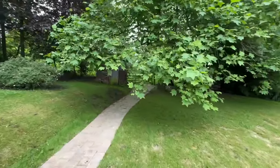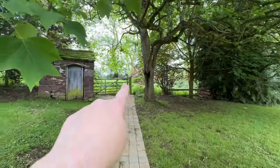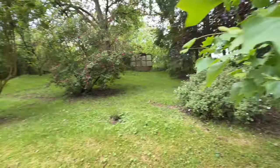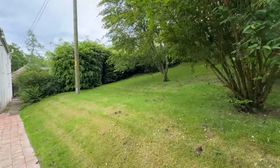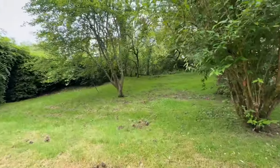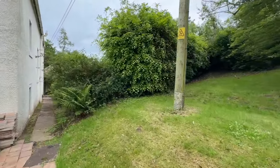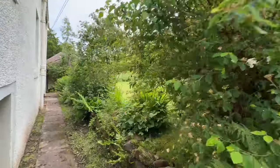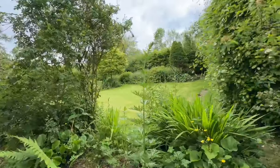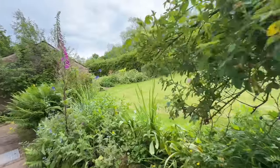So the full land plan will be on our listing, but the land beyond the gate here belongs, and the land encompasses the whole of the garden there, and it does have extra and additional access as well if you wanted to bring a vehicle in. So this is now the rear garden, so you can see we've walked all the way round. This garden's got more of a cottage feel to it, so it's a nice lawn, it's bordered by some trees and shrubs, lots of colour,